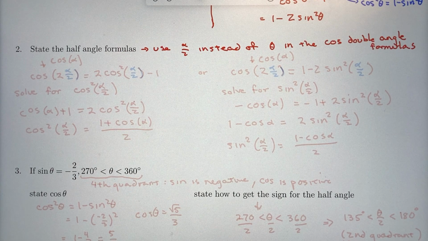Okay, so cosine of 2 theta is 2 cosine of theta